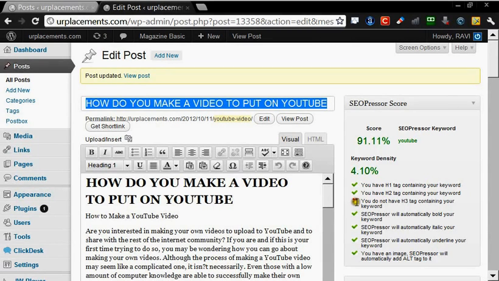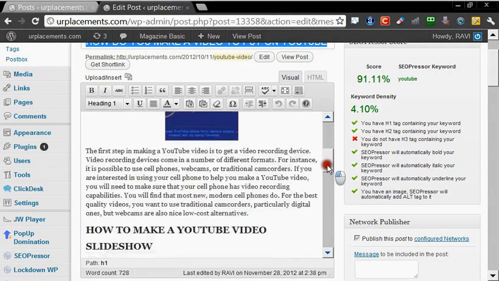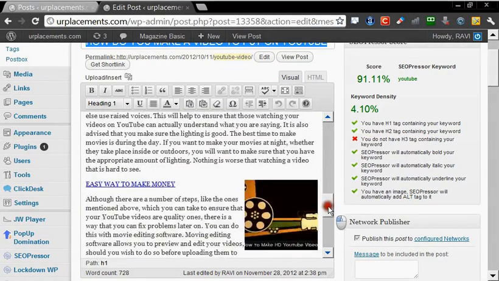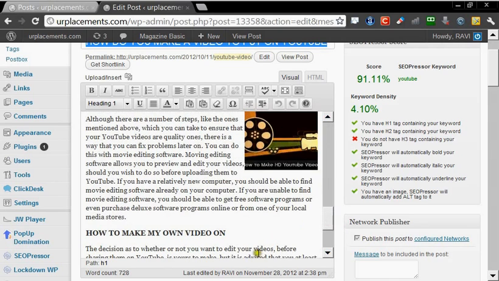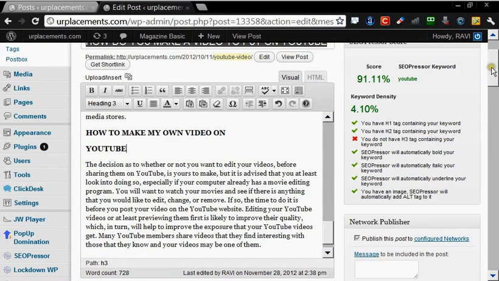See, it's showing you, I removed that, I cut it just 2 minutes before, right? So it's showing you don't have the H3 tag containing your keyword. Fine. So SEO Pressor on its own will help you to make these corrections.